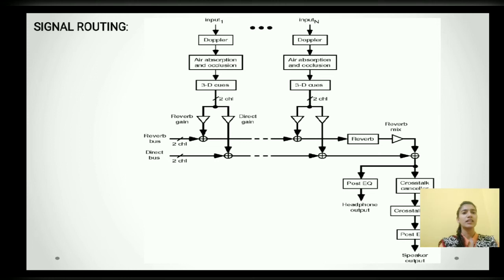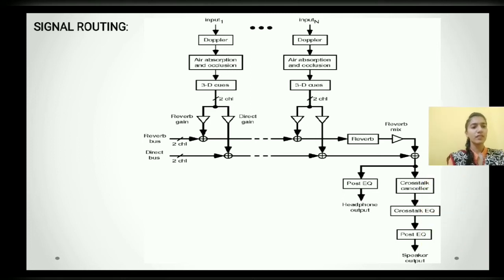The signal routing includes inputs from one to n. Input is given to the Doppler. Doppler is given to the air absorption and modulation. Then 3D cues. This includes reverberation gain and direct gain. The input from the reverberation gain and direct gain is passed to the reverberant mix. Reverberant mix includes post EQ to the headphones outputs, and then crosstalk to crosstalk EQ and post EQ,